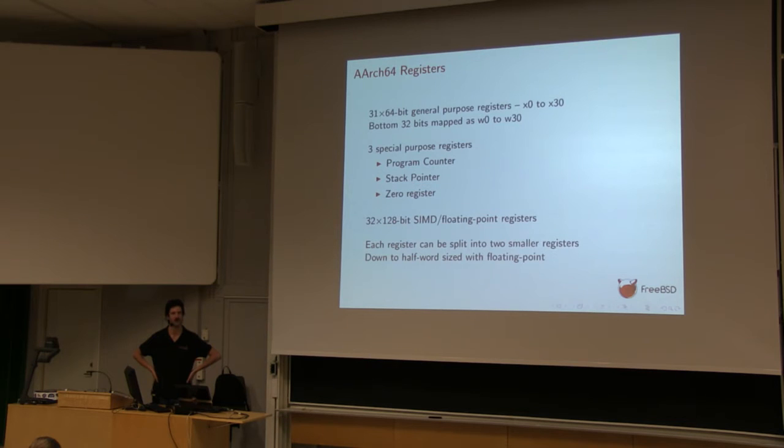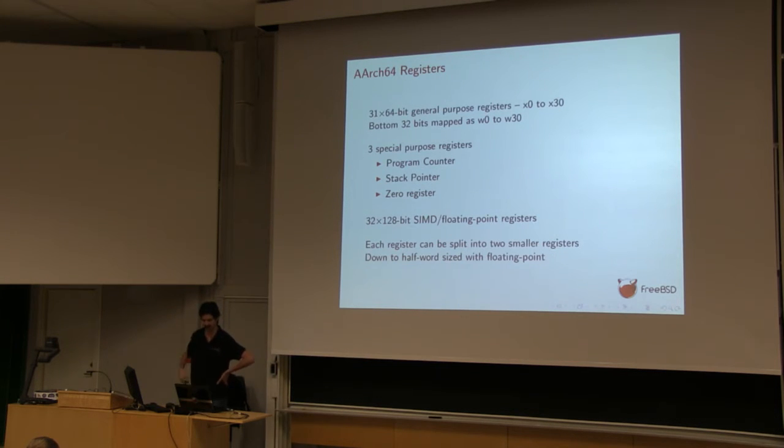There's 31, which works out well because it turns out in AArch32 there's also 31 registers. They're just, as you move between different modes of operation execution, they bank the registers, so things like the stack pointer is different for an interrupt as it would be for the kernel. So these are X0 to X30, and X30 is the link register, so that gets updated automatically